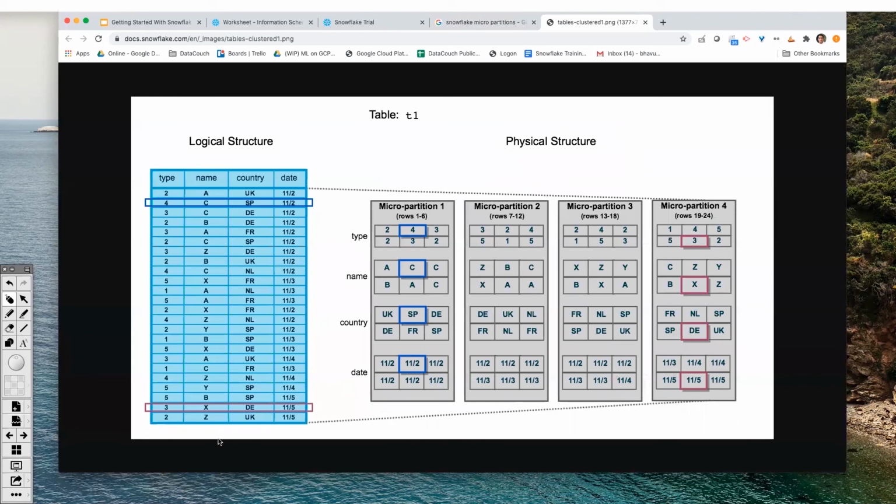Let's say we have 12 rows or 24 rows, and each partition is 10 MB. Rows 1 to 6 are stored here, 7 to 12 rows are stored here, 13 to 18 rows are stored here, and 19 to 24 rows are stored here. So rows are stored like this, and because it is columnar storage, column chunks are there within the row group. You can see one particular row. See this thing in blue color, how this data is getting stored. See this thing in red color, how this data is getting stored.